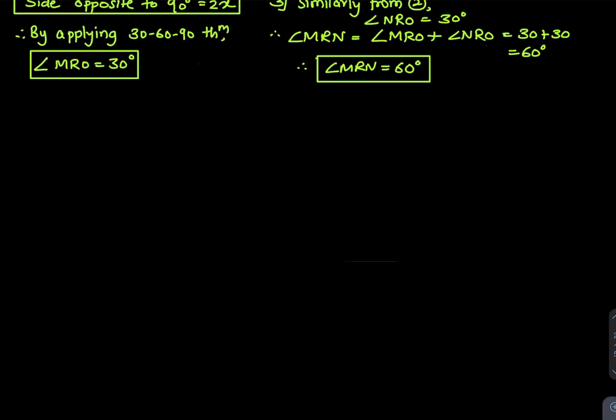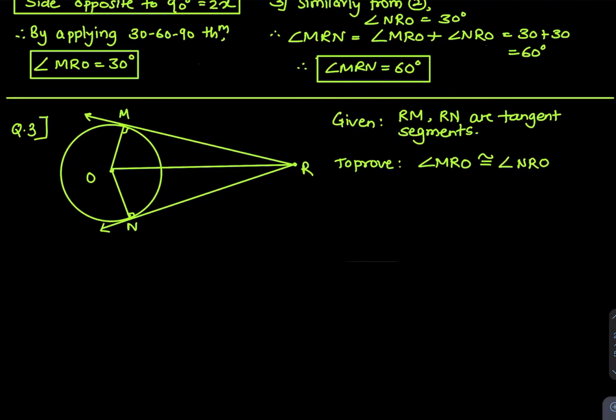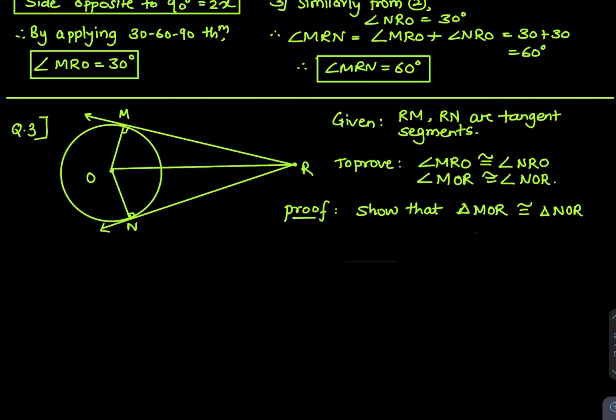So now question 3 diagram. Given RM and RN are tangent segments. To prove angle MRO congruent to angle NRO. Similarly, angle MOR will be congruent to angle NOR. We will prove this. Now proof: show that angle